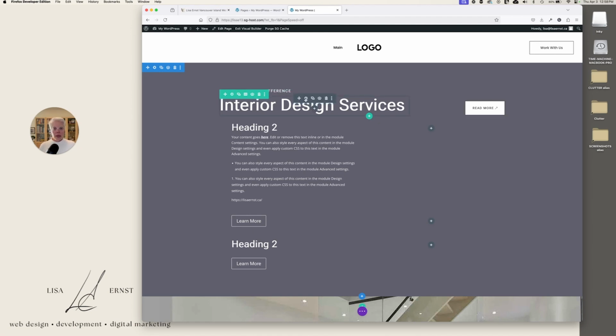Inside of a row, we have modules. This one in particular is a text module. This one is a button module. So I'm just going to